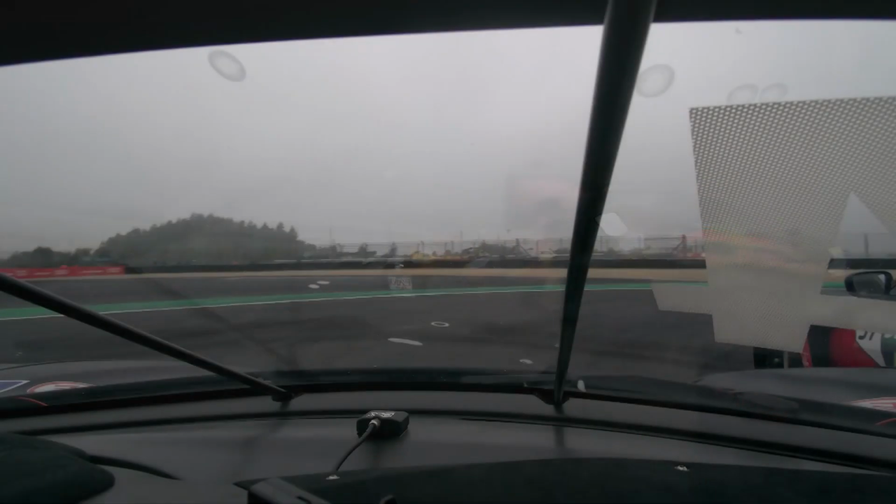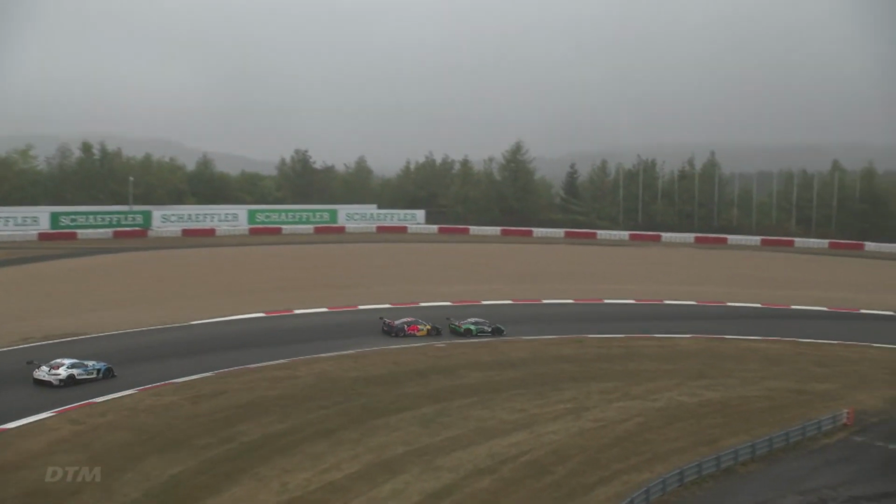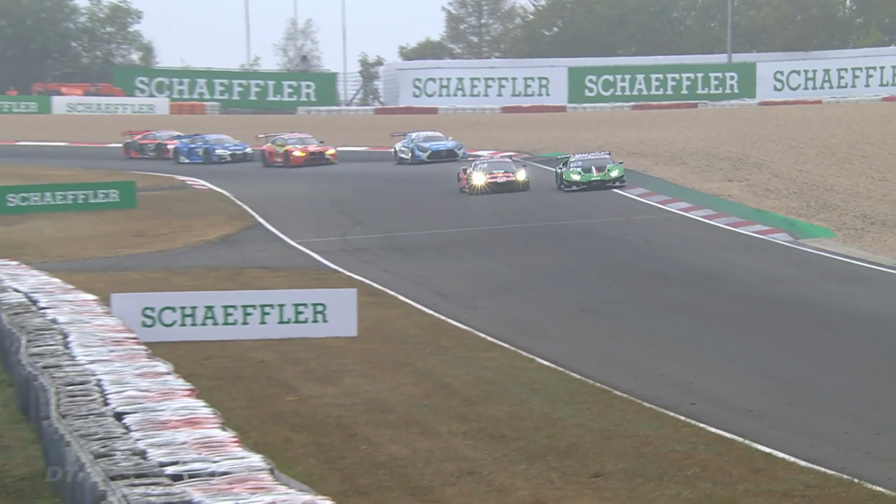And this was the view back at Felipe Fraga and how he made his way through the field. Here's the onboard view through the first couple of corners. Fraga already up to 4th, and then squeezing past René Rast, then around the outside at turn 2 of the driver second in the championship, Sheldon van der Linde, and he wasn't hanging around to try and get the lead